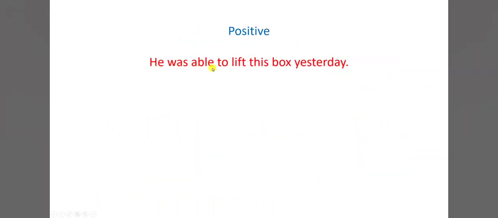Now, let us take a few example sentences and learn to use these. He was able to lift this box yesterday. He could lift this box yesterday. Now both convey the same